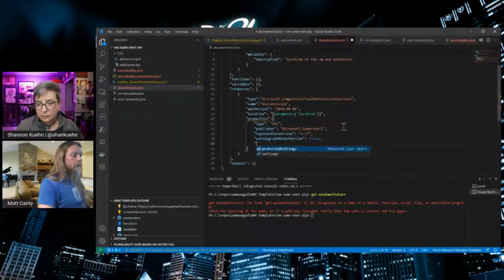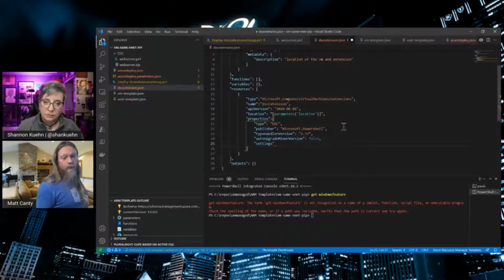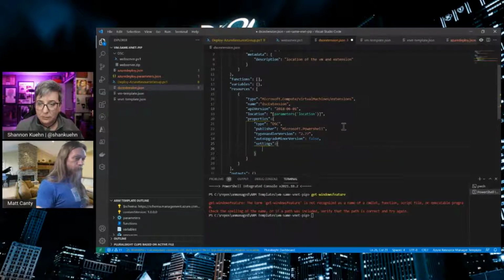So there are two types of settings: settings and protected settings. The difference is anything put in protected settings is going to be encrypted when it's passed along. So if you don't want passwords sent along in plain text, you want to put those in protected settings. Now, we're not going to have any passwords involved with this, because we're just passing this file. We don't need to pass any parameters to the file or anything like that. So in our settings, we need something to do with